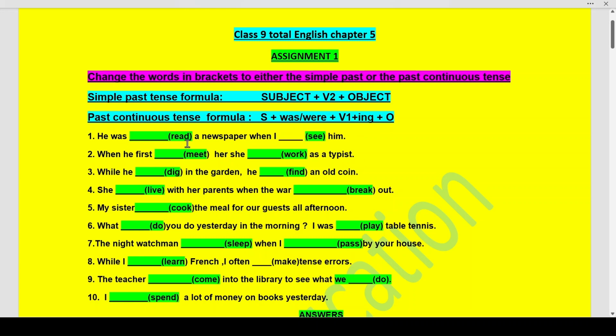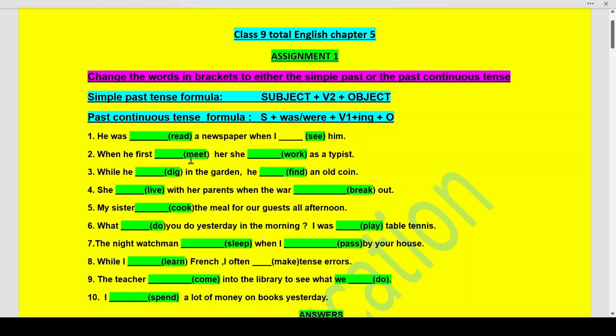First, he was read a newspaper when I see him. He was reading a newspaper. Subject he, was reading is your past continuous tense. A newspaper is the object. When I saw him, I is the subject, saw is the V2 form of see and him is the object. So the first portion of the sentence, he was reading a newspaper, is in past continuous tense and when I saw him is in simple past tense. You can confirm it with the formula of these two. So what you have to do, students, is write these two formulas on a piece of paper and then attempt